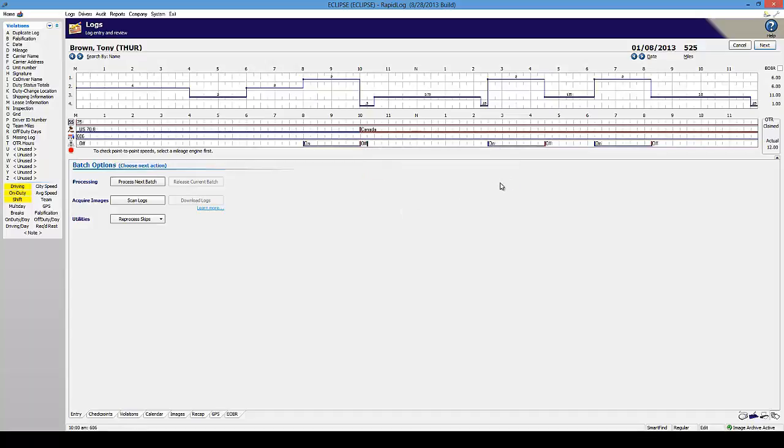Now, talking about editing data, let's say that you are either processing through the light processing or through the RapidLog Pro processing, and some information just didn't get entered correctly. Maybe you accidentally misentered the mileage, or the grid data isn't quite matching up. Now, the nice thing about RapidLog is that you won't have to rescan and reprocess those images if they went to the correct driver. So let's say on the 8th here for this driver, let's say this 2 hours of driving, from 4 to 6, it was actually supposed to be off duty or